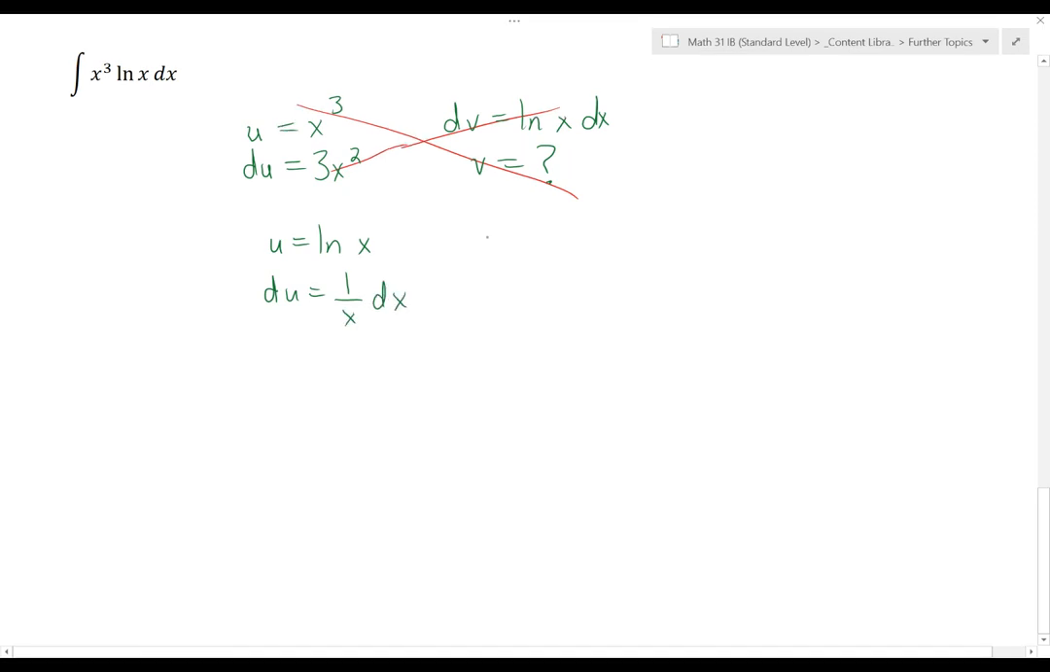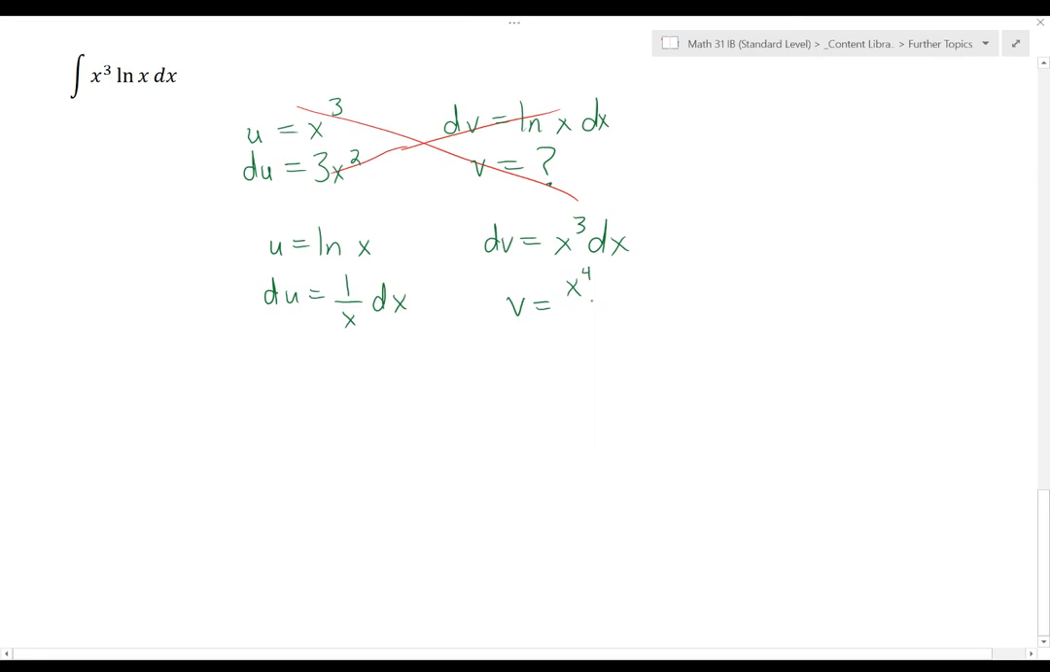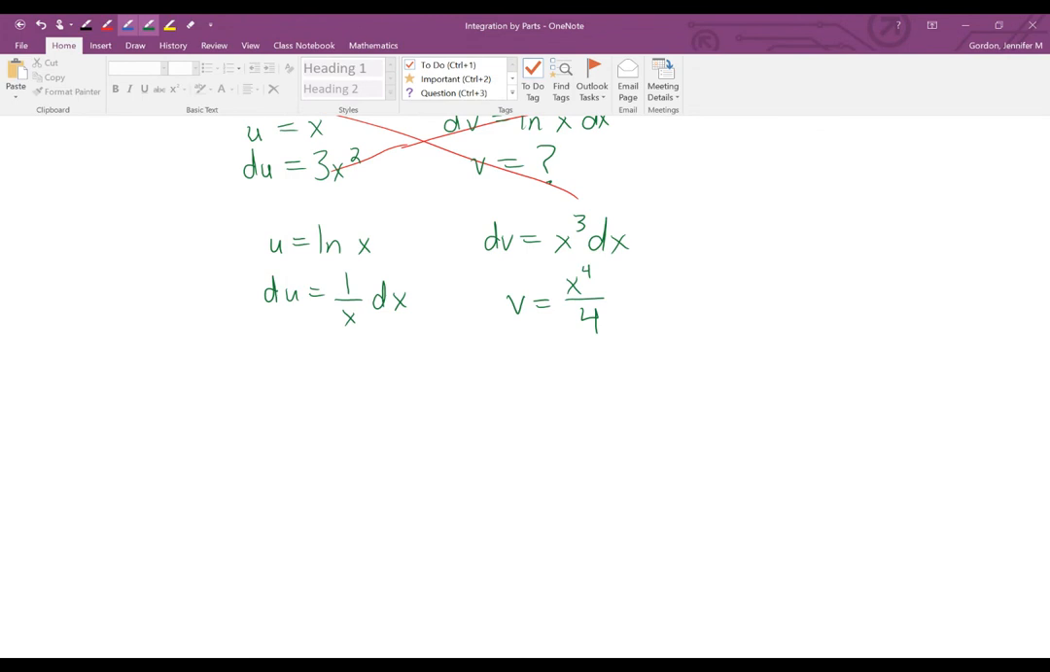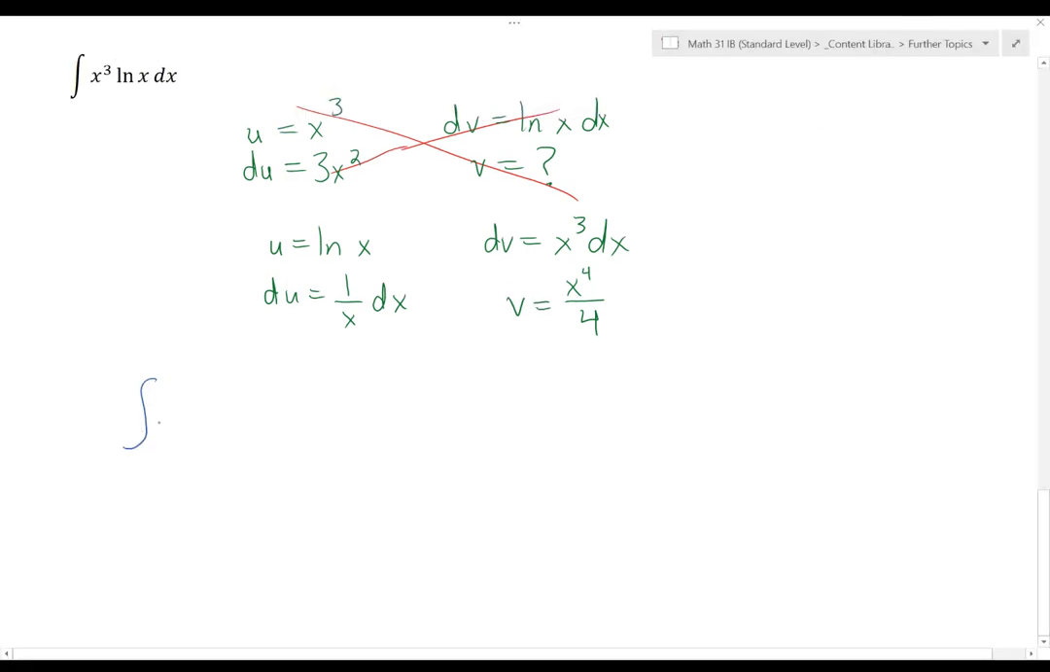So in spite of the fact that means dv has to equal x cubed dx, which means that v is going to be of a higher power, and normally we would avoid making something a higher power. But in this case, that's going to work out okay because I no longer have a transcendental when I multiply v times du. So now if I put that into the format, the integral of x cubed ln of x